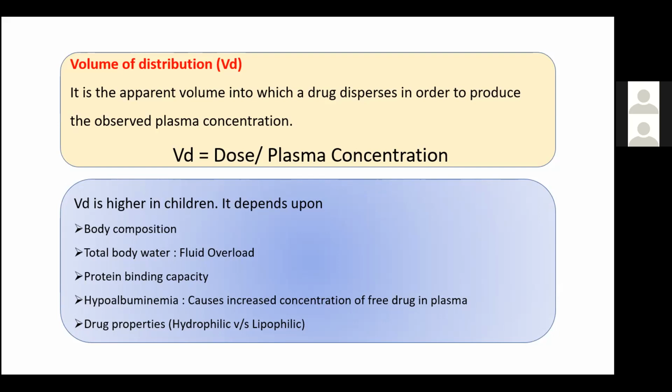The protein binding capacity: drugs which have a high protein binding capacity have a high volume of distribution. Drug properties like hydrophilic versus lipophilic matter too. Hydrophilic drugs will be more restricted to the intravascular compartment and have a low volume of distribution, whereas lipophilic drugs are distributed into the fat spaces and have a higher volume of distribution. Hypoalbuminemia is another factor because it increases the concentration of free drug in the plasma. Thus, the volume of distribution of the drug